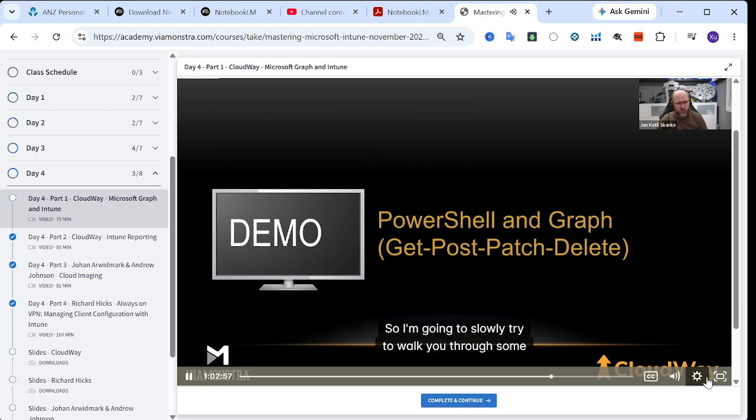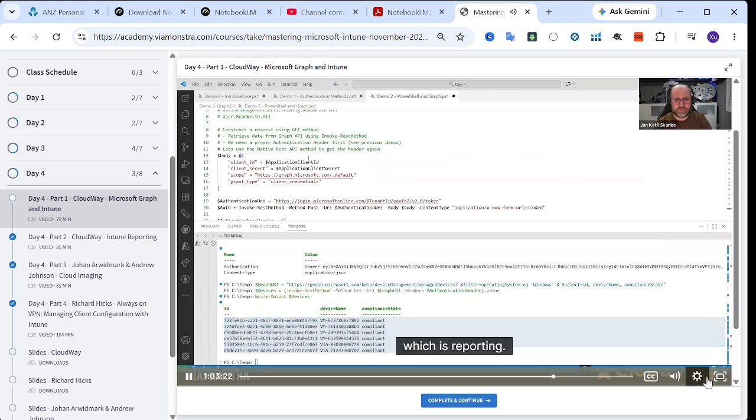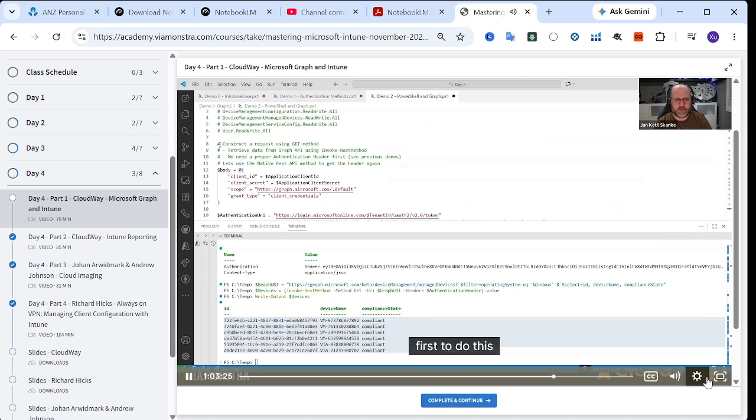So I'm going to slowly try to walk you through some more code to see if we can get you on board with some more use cases where we can use graph with PowerShell. I'm going to continue with this graph stuff until half past, and then we will move over to the next step after that, which is reporting. So first, to do my